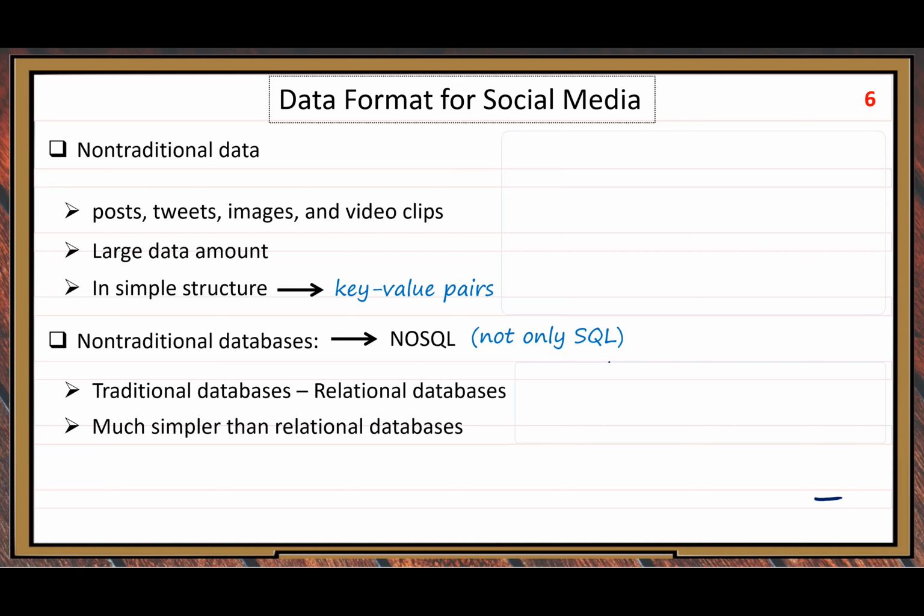The non-traditional databases are much simpler than the traditional databases. Here, simpler means the structure is much simpler. In the traditional database, we treat the relationships among the tables as very important, because we need to retrieve the data based on the relationships. But for the non-traditional,